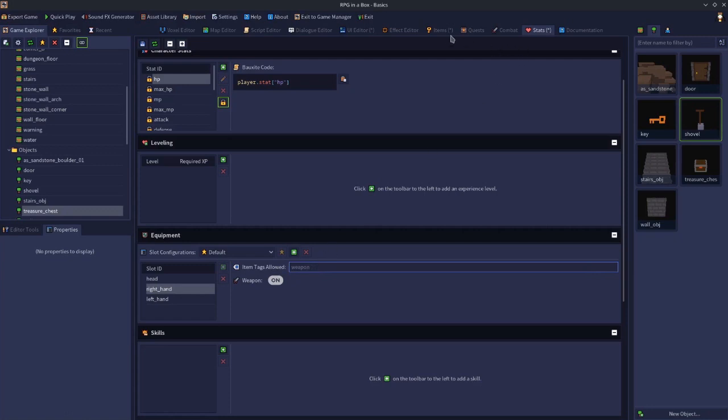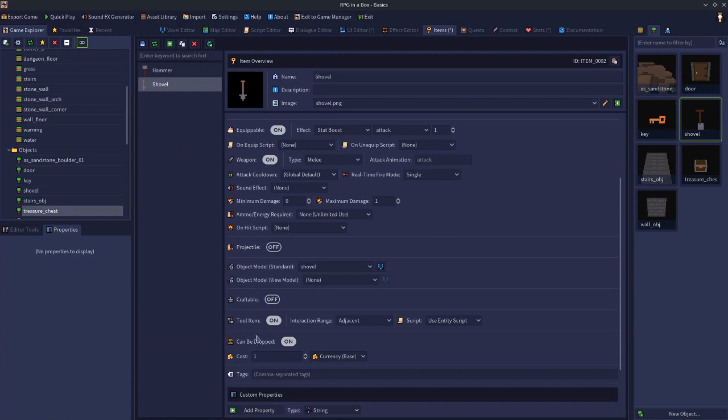So we go back to our shovel item, and in the tags section, we type weapon. So now we can put this item, not the model's separate for the moment, but we can put this item now. Let's just save it. Now that we've given it that tag and we've got weapon on, we can now put this item into